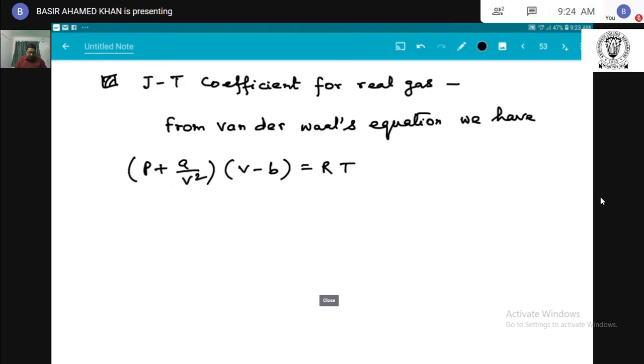Therefore P + a/V² = RT/(V − b). My aim is that